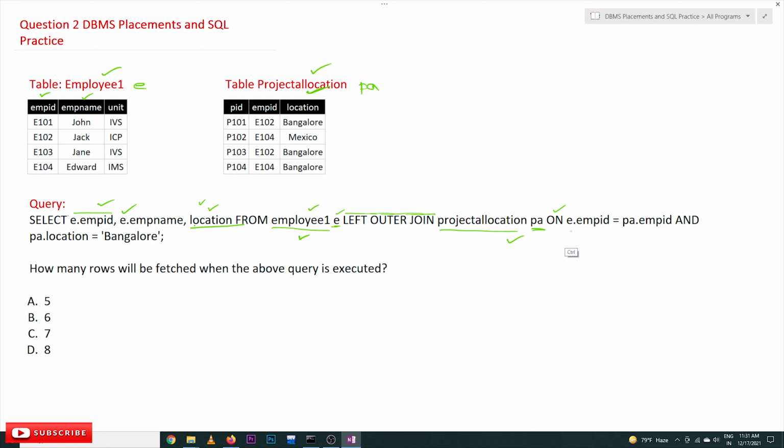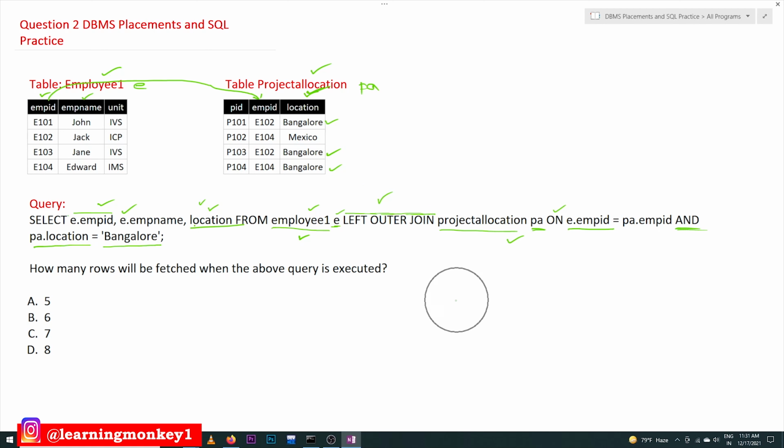The condition is e.empid is equal to pa.empid, and there is another condition also, pa.location is equal to Bangalore. Wherever the EMP ID of E1 is equal to the EMP ID of project allocation, and the project location is equal to Bangalore, there we apply this left outer join.